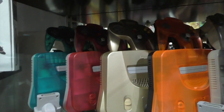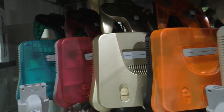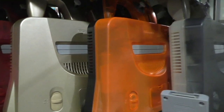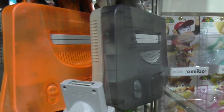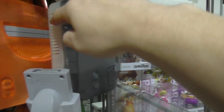go. So yes, there's the clear blue, clear red, transparent white bottoms, Japanese, your gold Japanese, your Diehawk, your black bottom and your orange, which is awesome. And the rarest one is the Just Go, which is clear grey with the white transparent bottom. So you have to be really careful. A lot of people have a lot of sun fade, which made these go look like yellow, which sort of